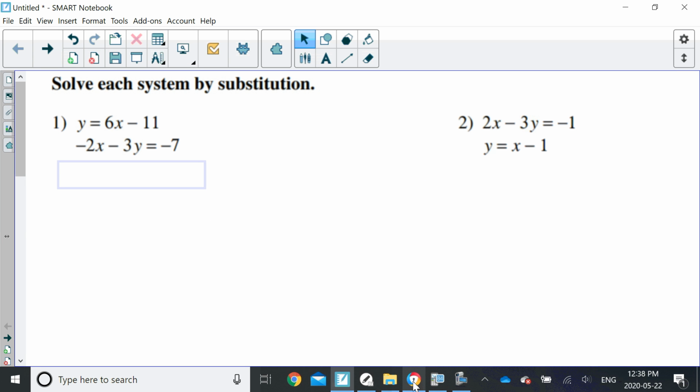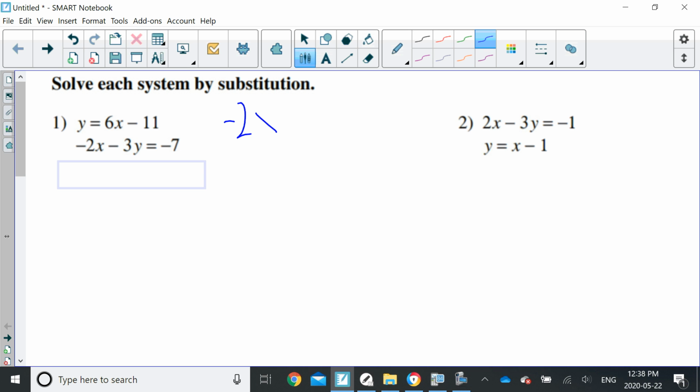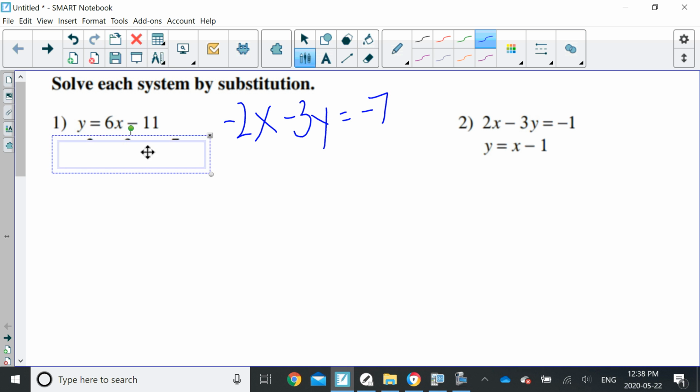Okay, so with substitution, I like writing the 2 equations next to each other. So what I'm going to do is I'm going to write this bottom equation just next to my first equation. With elimination, we want them one on top of each other, but with substitution, like side by side. So negative 2x minus 3y is equal to negative 7. Okay. Now, the second thing